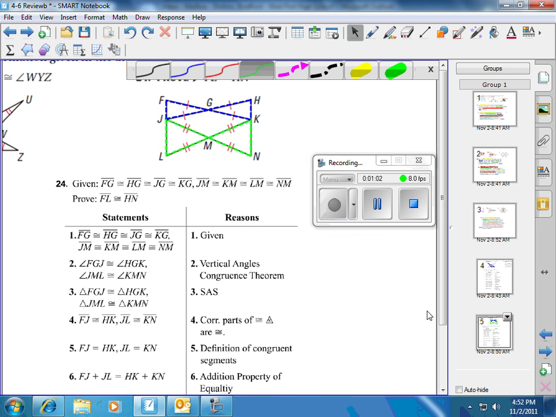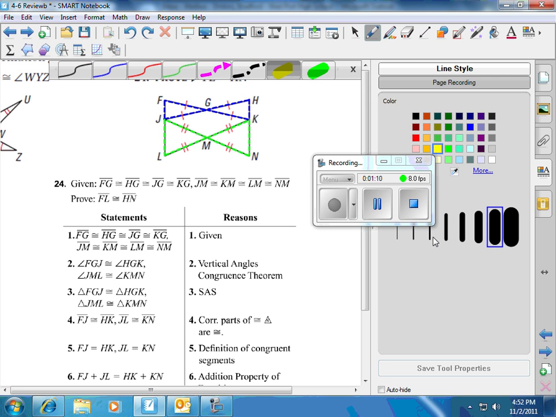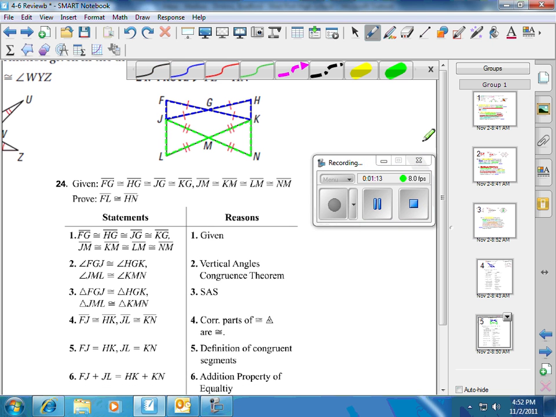Okay, looking at number 24, I want to prove that FL is congruent to HN, those two segments. So let's start with all of our givens. If I can show that these two blue triangles are congruent to each other, and these two green triangles are congruent to each other,